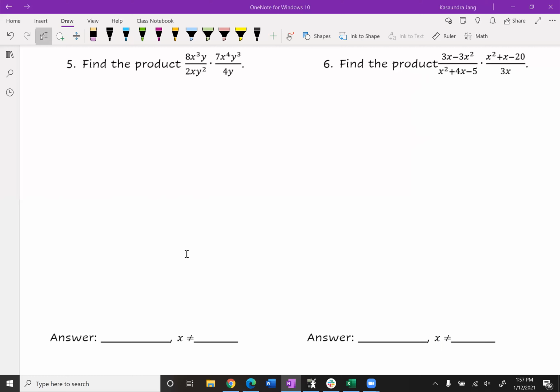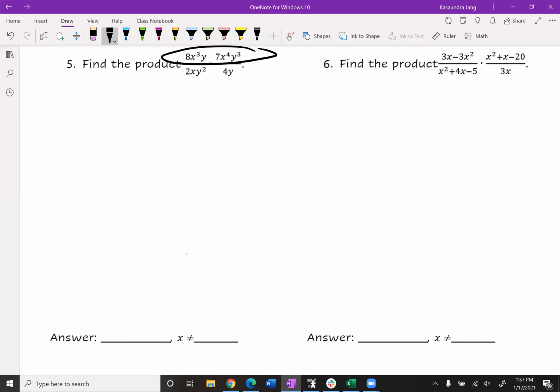First things first, I'm going to treat my numbers separately from the x's, separately from the y's. So if I multiply straight across, let's just look at the straight up numbers here. What is 8 times 7? And then what is x cubed times x to the 4th? And then what is y times y cubed? I'm going to do them individually, right? All right, so